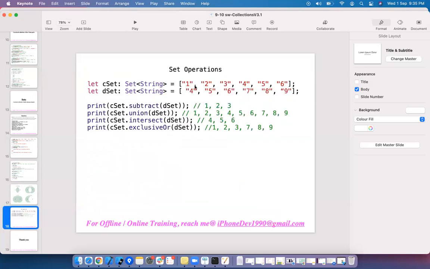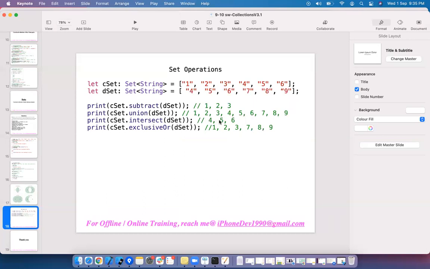I have 2 sets: 1, 2, 3, 4, 5, 6 and 4, 5, 6, 7, 8, 9. Subtract: when you subtract A minus B, you will simply get 1, 2, 3, as 4, 5, 6 are removed, and 7, 8, 9 are in B, which are ignored. Union: when you make a union, it clubs together and removes the duplicate elements. 1, 2, 3, 4, 5, 6, 7, 8, 9.